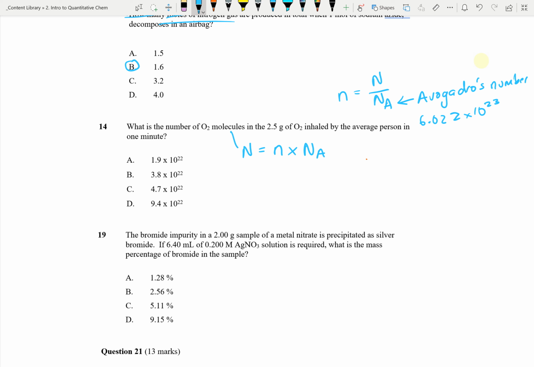All you're saying is that you got some kind of ratio of that. If you had half the particles, if this was 0.5, it would be half of 6.022 times 10 to the 23. So it's some ratio of how many particles are in a mole. I also know that I get given mass, and that's going to enable me to work out moles. So moles of oxygen equals mass on molar mass equals 2.5 divided by 2 times 16. And that's going to be 2.5 divided by 32. That gives me